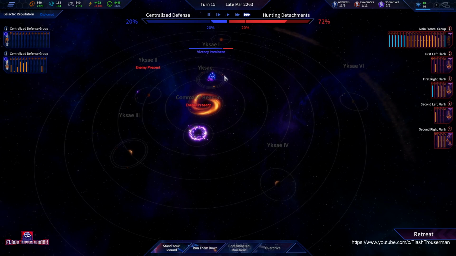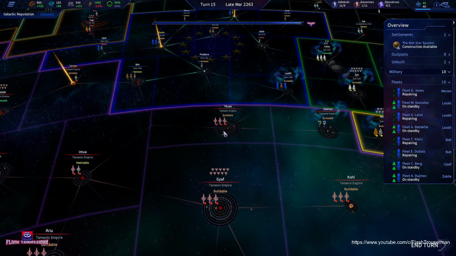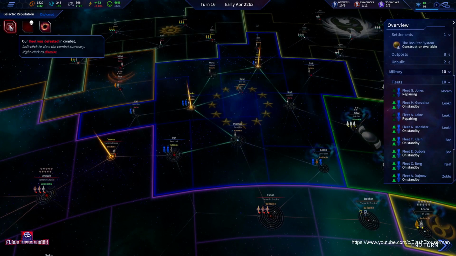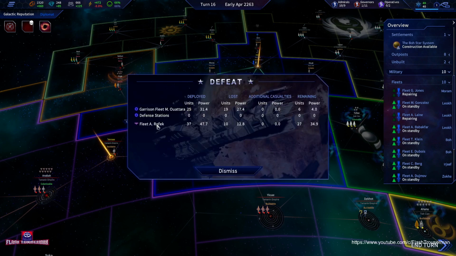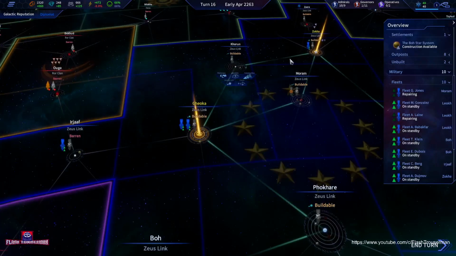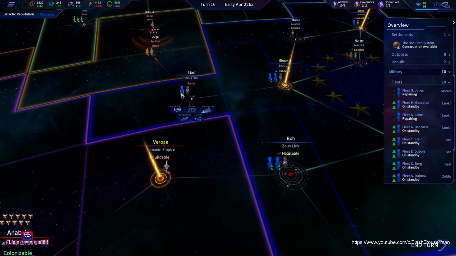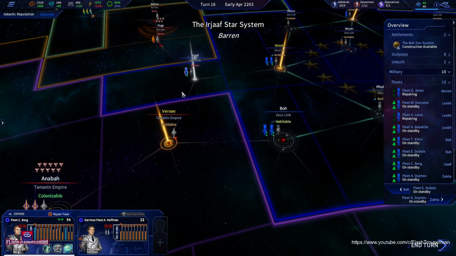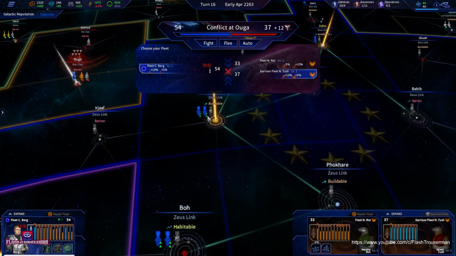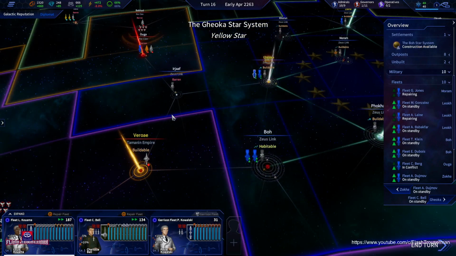In comes another wave. They're coming in. Hunting detachments, retreating. Okay, that was a bit fast. And okay, turn 16. Okay, a fleet was defeated. Okay, we lost an admiral, which is a blow. Oh no. Okay, right. Let's start moving people through. Right, you are no good to us. I'm going to move you up there to just kind of get rid of them, keep them busy. Let's get you to kind of